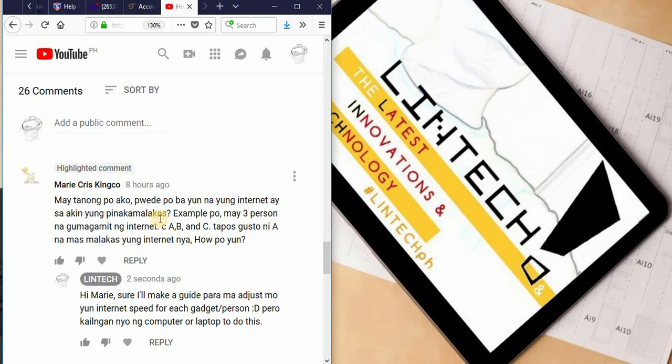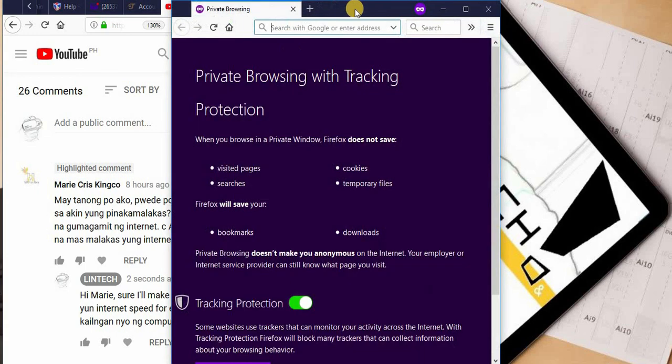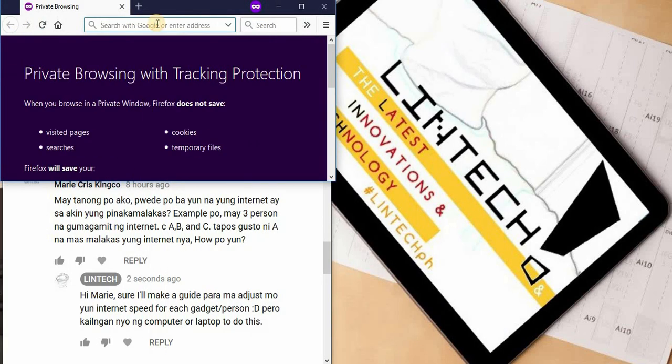just her own device. So, for example, you won't be able to watch YouTube because someone else is downloading a movie and they're eating up most of your internet connection. So, we can actually do that using a computer. We can actually limit the internet connection of other users in your Wi-Fi network. So, to start off, you need to install an app called